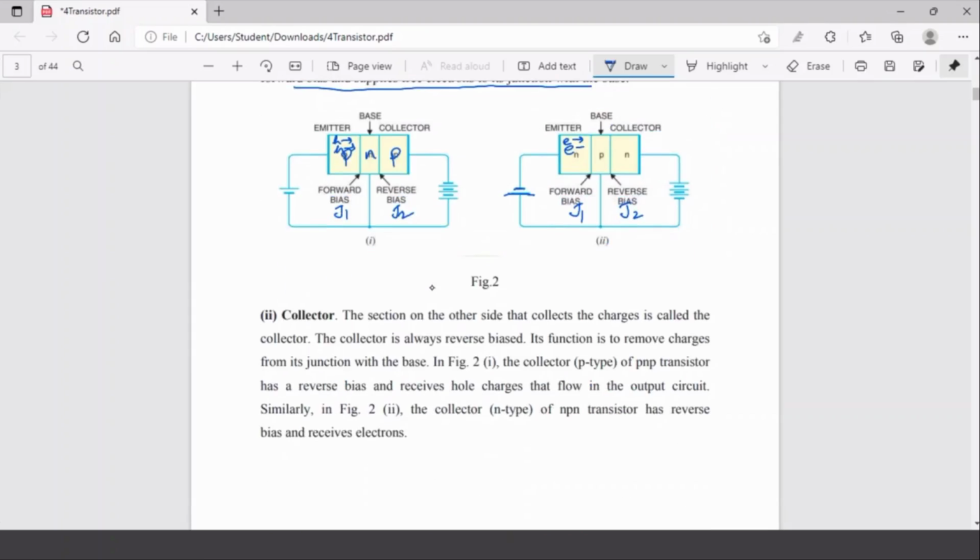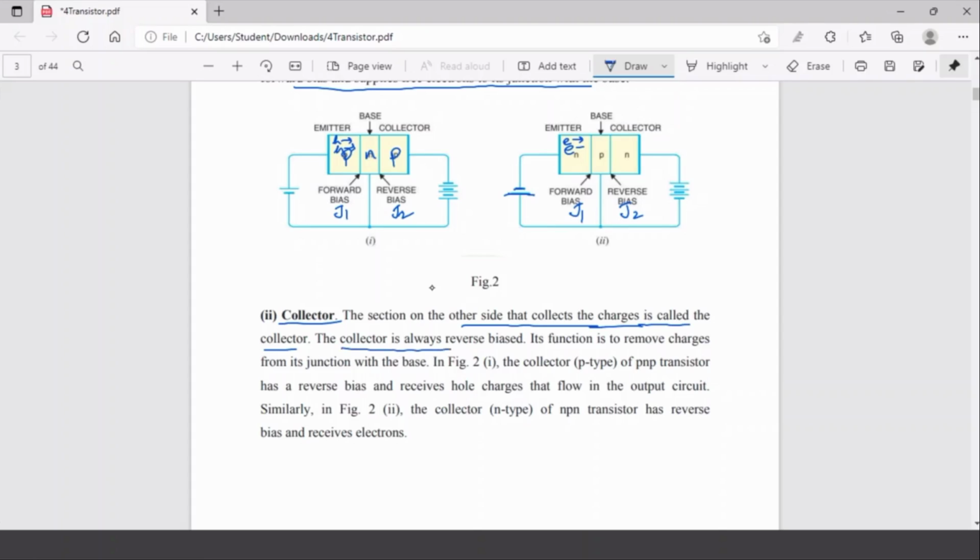Now the second region which we have at the opposite side is basically the collector region. As the name suggests, it is the region which collects these charges. So the emitter is releasing these charges. Emitting is not the proper word because emitting means emission of light. We are not talking about that particular way. We say that the emitter is releasing holes or electrons, and the collector is collecting or receiving these charges. So this is known as the collector region or collector layer.